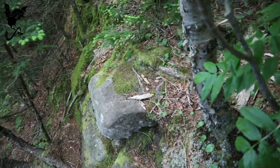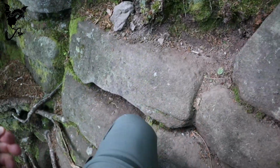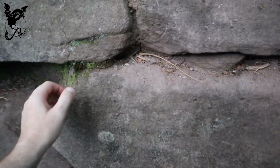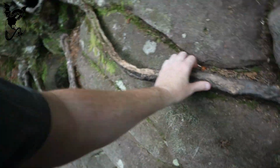But I have a tree which is helping me get positioned here. Again, as Kurt said at least once on this hike, long legs are helpful. So height has its advantage sometimes. Oh, this is gonna be